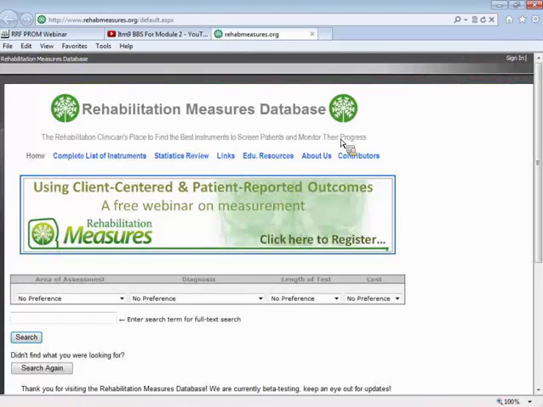This slide shows you the Rehabilitation Measures Database. It was developed by clinicians for clinicians as an easy way for you to find validated assessment tools that you could use to measure outcomes. When I get to the RMD, I can type in any term that I want to search on to find instruments, such as quality of life. I hit the search item,